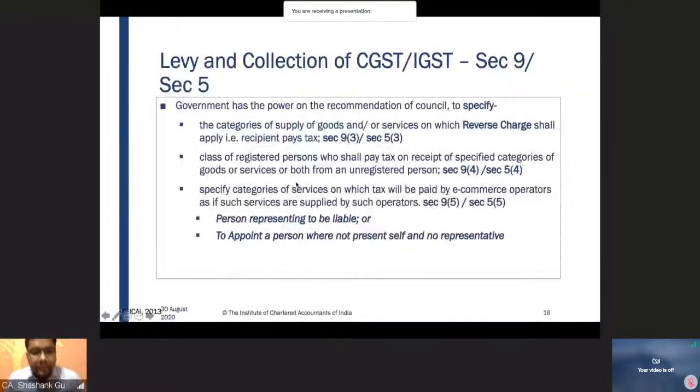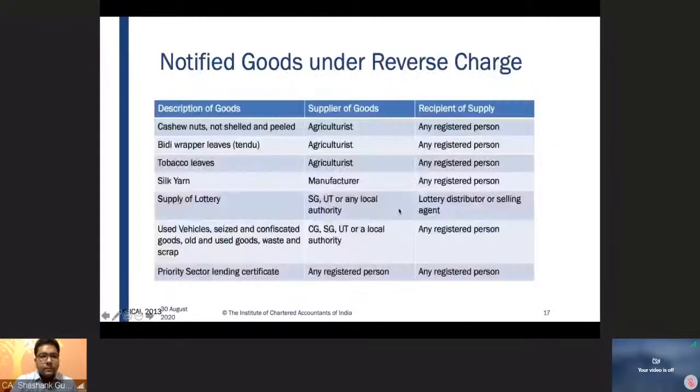So, can we reconvene the session? So, reconvening our session,